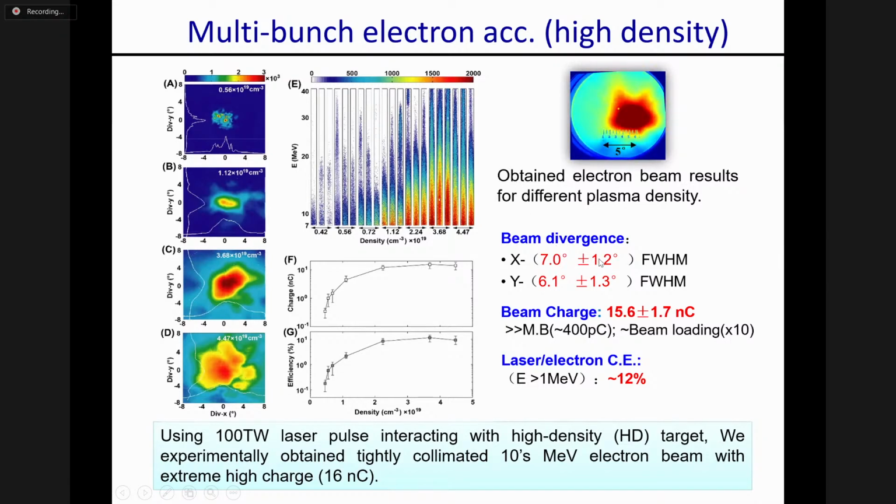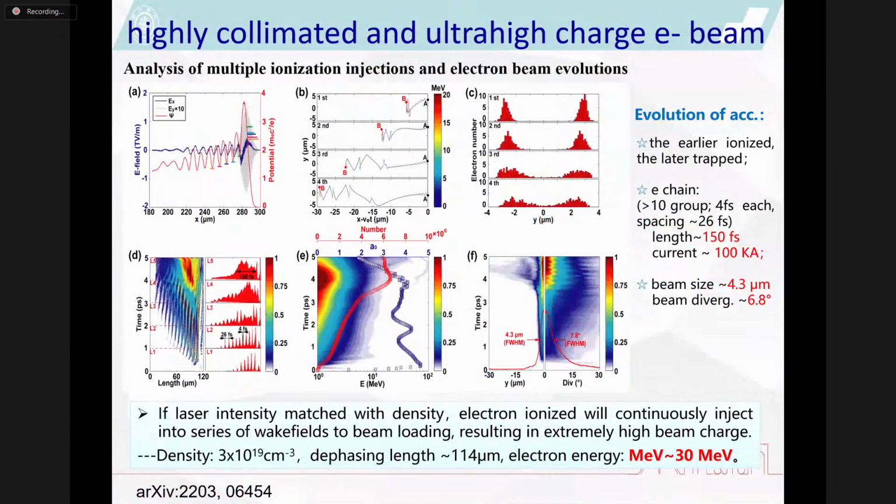So this is a quite good collimated, high charge beam with very high conversion efficiency. I mean, the laser conversion to the electron energy can reach 12%. So it's a really high level. Our simulation shows the